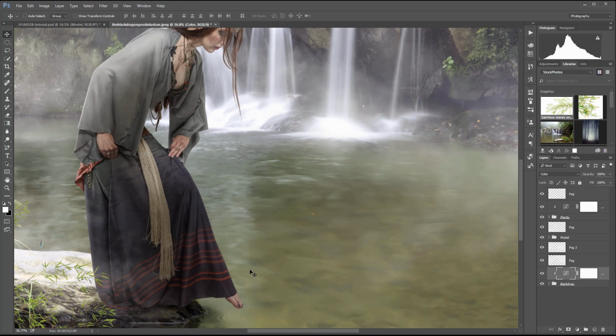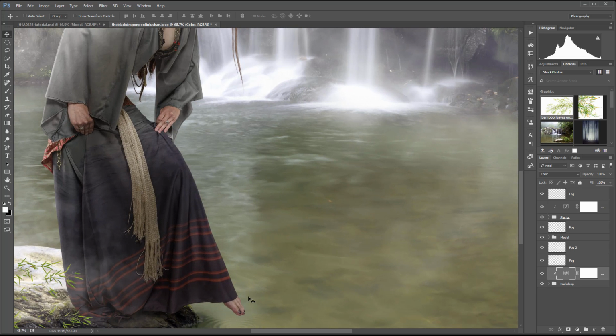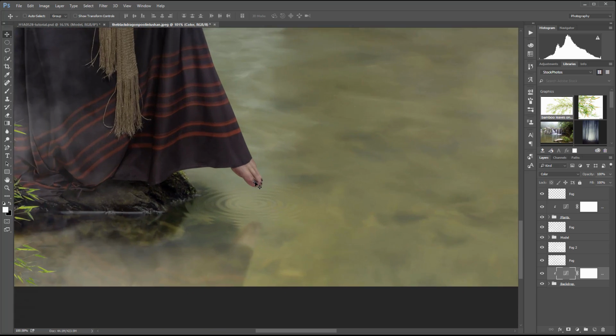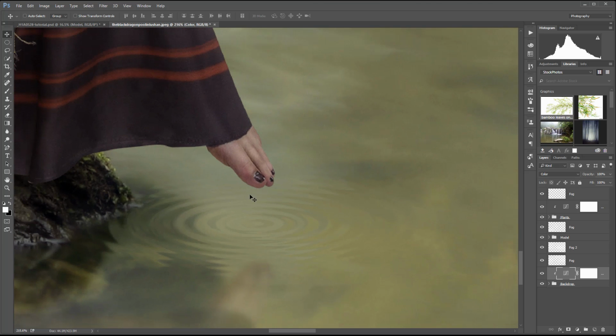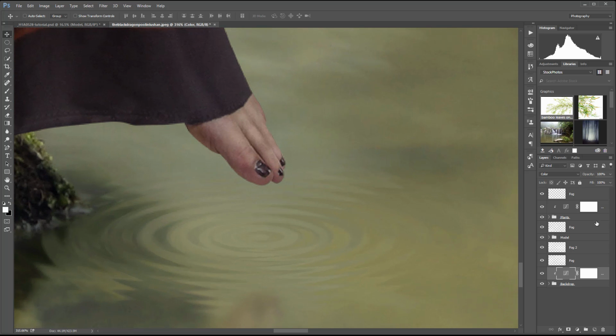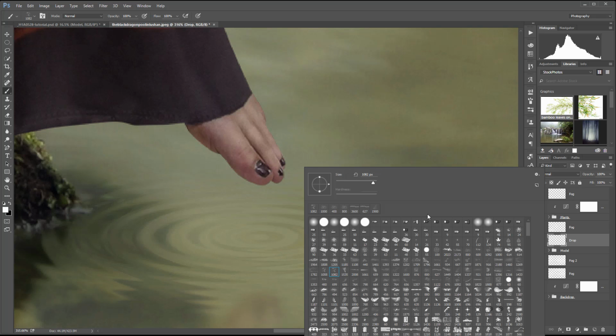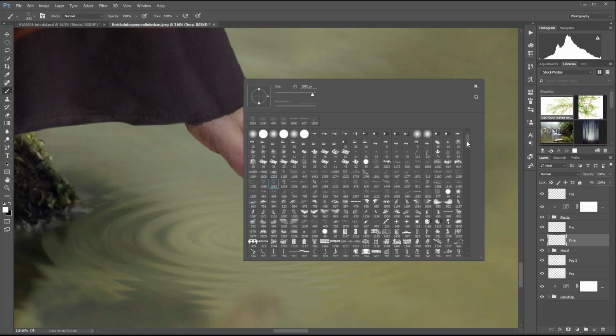Okay, so right here we have our model. Let's check a couple of things. Right here I notice we don't have any elements of water dripping down. If you have a brush, you can search for a drop brush, a water brush. Instead, what I'm going to do is create a new layer and call it drop. Okay, we'll select our brush, and from the collection of brushes,